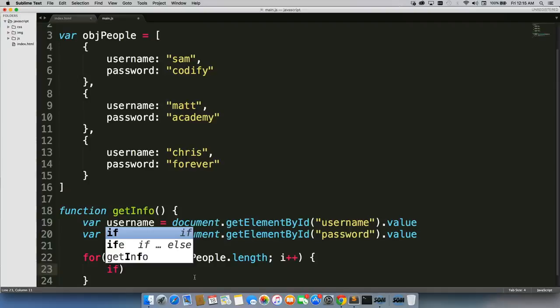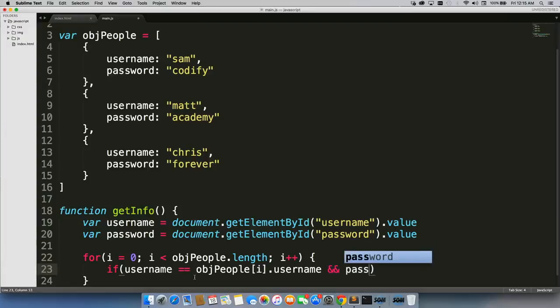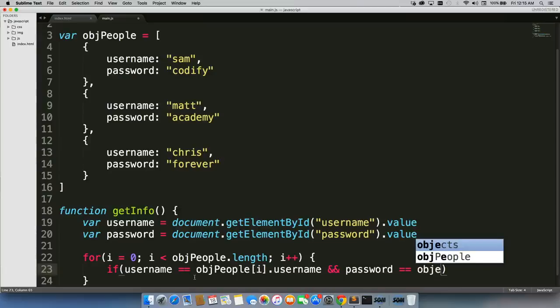So if username equals object people i dot username and password equals object people i dot password,